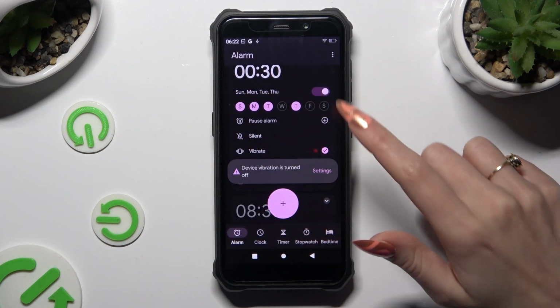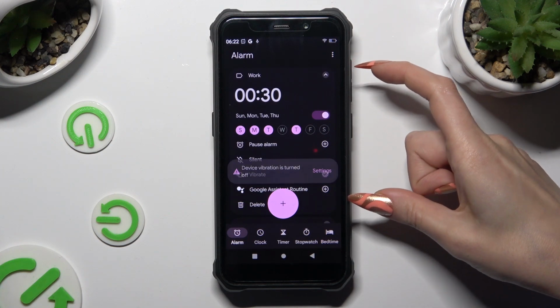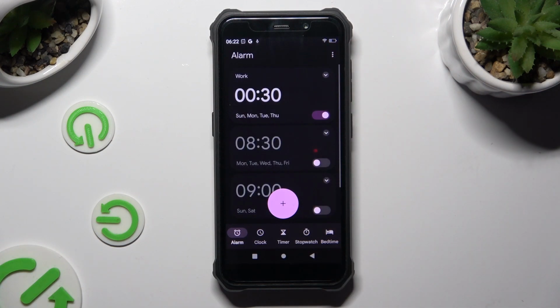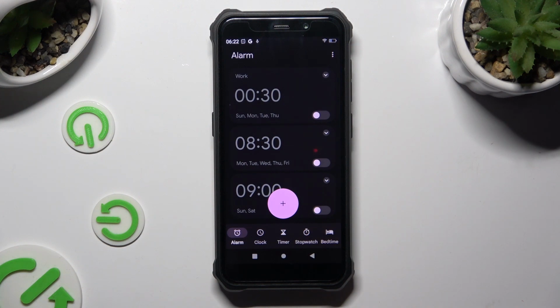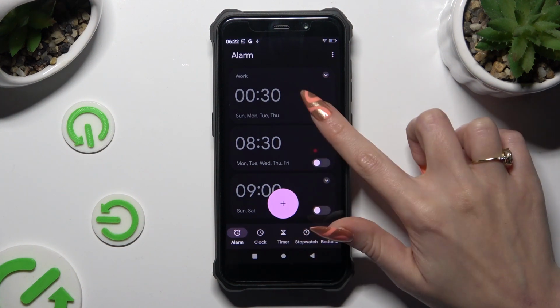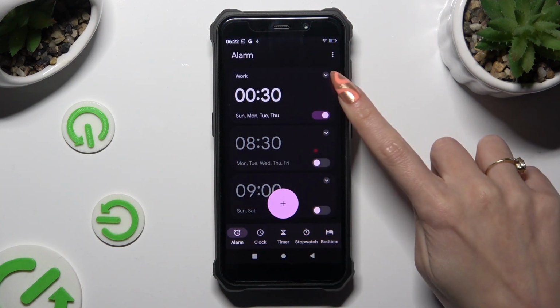Now to hide all of those options, click on the top right corner of your alarm. As you can see, after that, mine was perfectly adjusted. To switch it off completely, click on the switcher next to it, and then turn it back on the same way. In order to edit your alarm, tap on the top right corner of it,